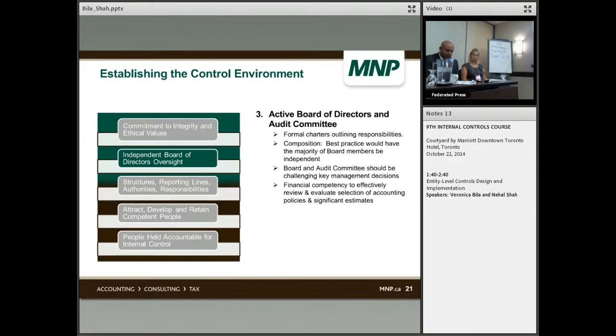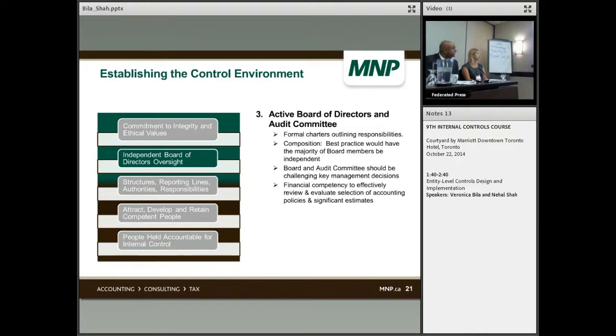There are other committees that I've seen at organizations, such as compensation committees, disclosure committees, health and safety committees, and risk committees. These are just some other examples where we would also expect to see a charter in place, and particularly for these subcommittees, we would want to see how they report to the board as well. I mentioned that the charter should be reviewed and approved annually, so that it remains relevant.